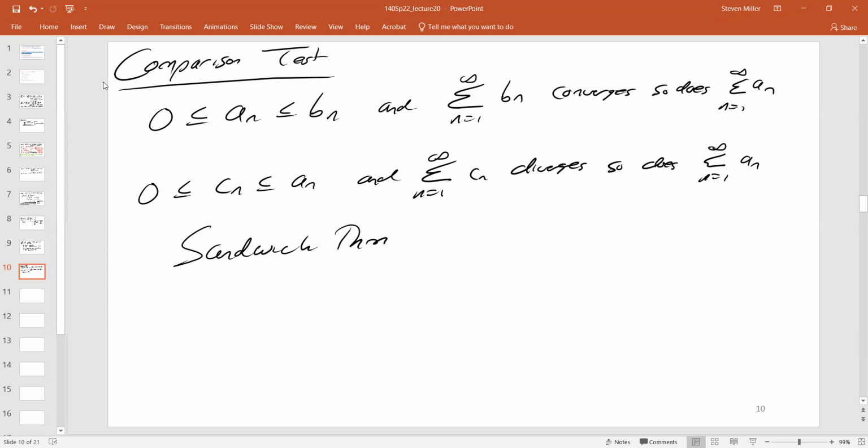In the first case, each an is non-negative, and it's less than bn, and the sum of the bn's is finite. So the sum of the an's has to be finite. If your sum converges, what do the bn's have to go to? So this is a necessary condition. If your series converges, what must the terms be going to? 0. So if the bn's are going to 0,